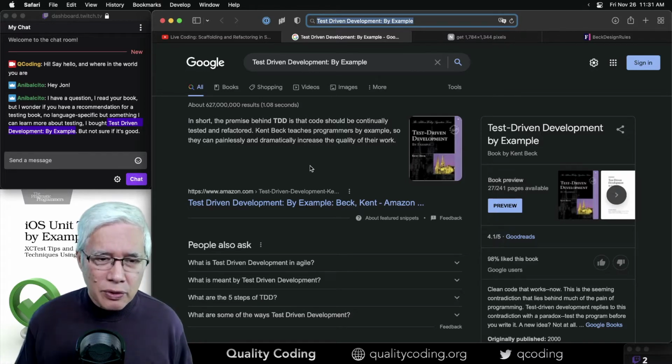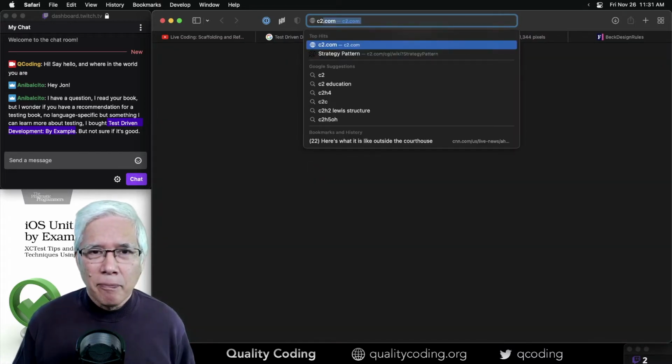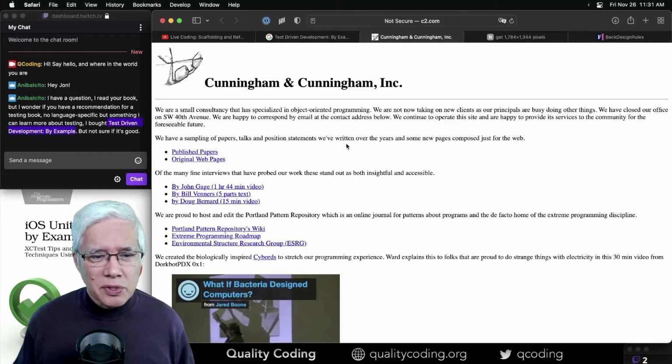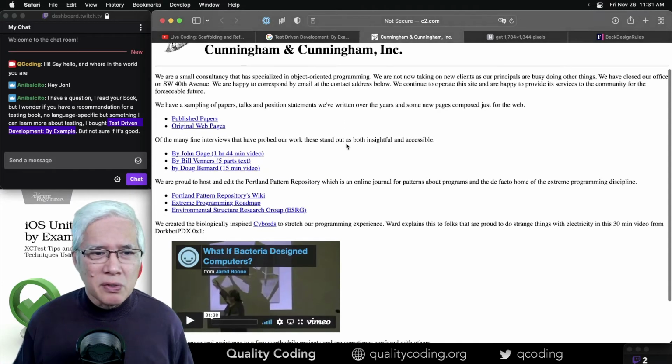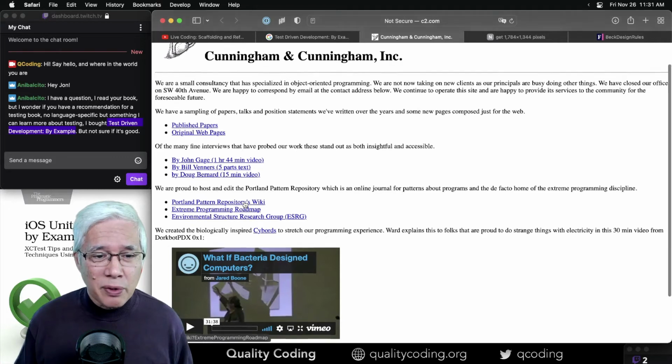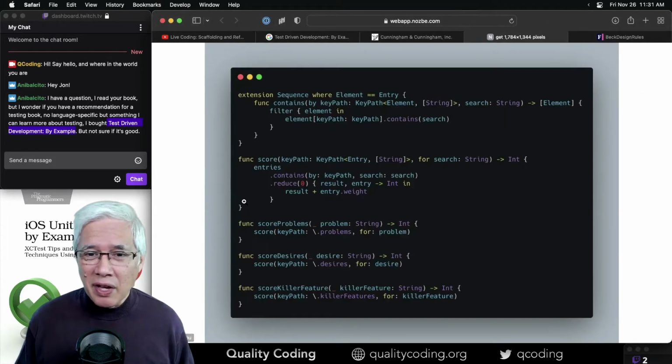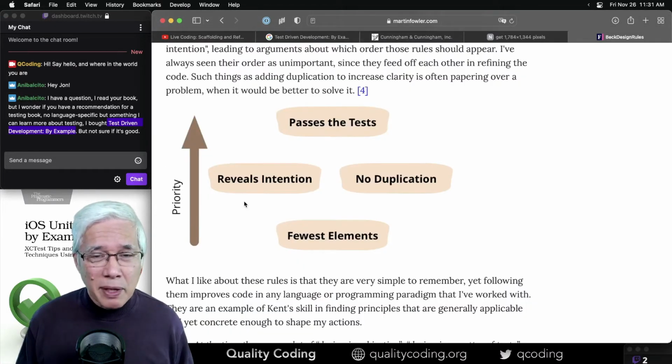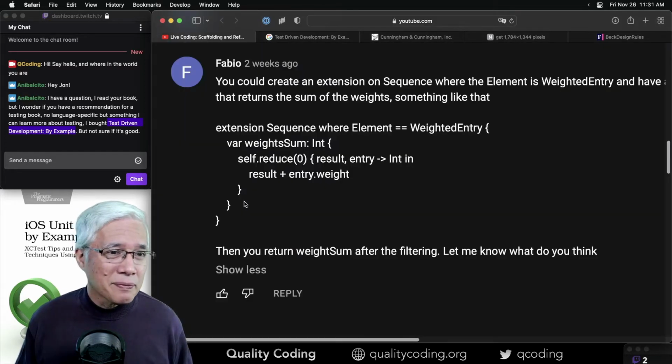Particularly, I learned most of my exposure to extreme programming here on c2.com, which was the very first wiki site that had things about extreme programming and had lots of stuff from Kent and other people about how to do it. And I've since had the privilege to speak with him, learn from him. So, absolutely,